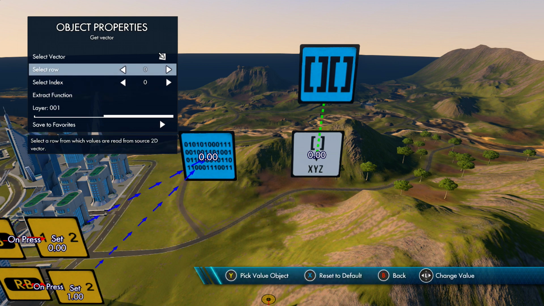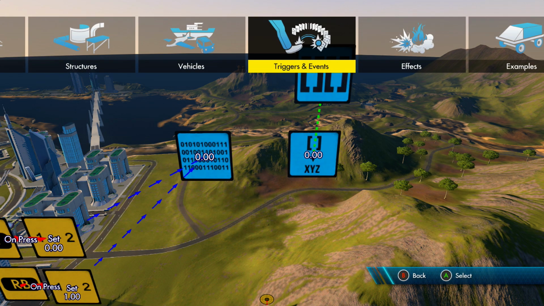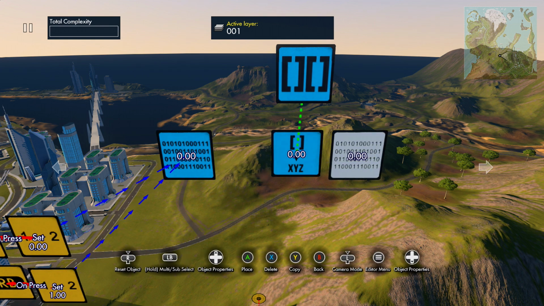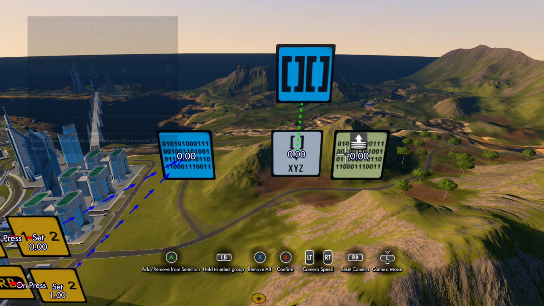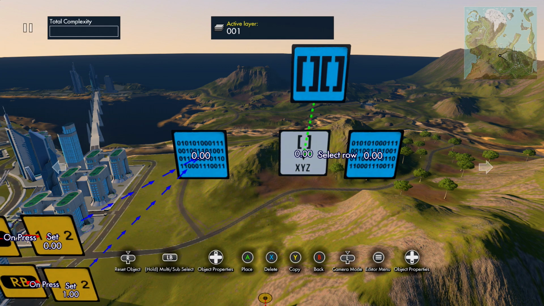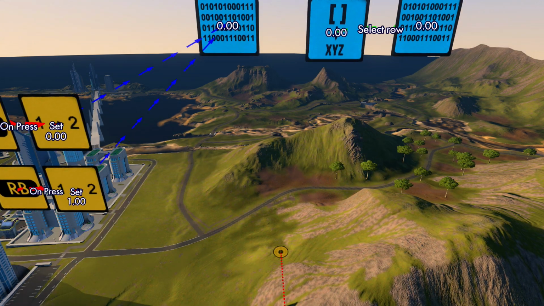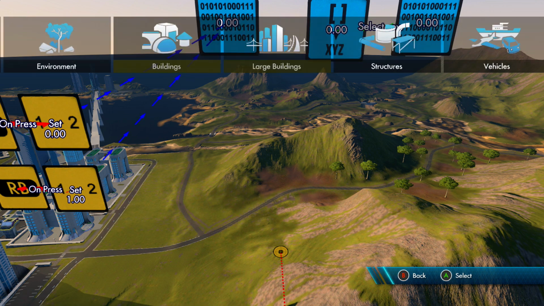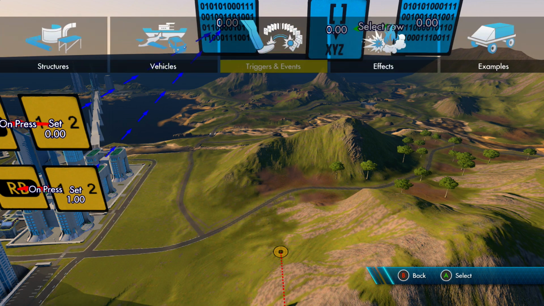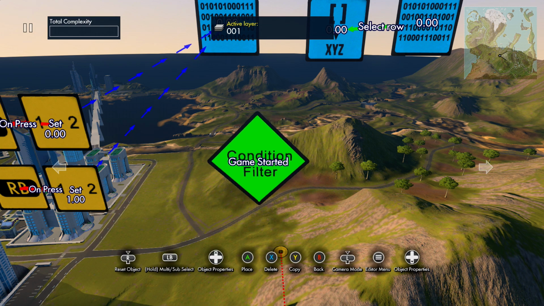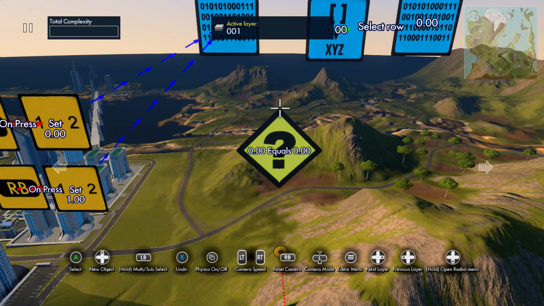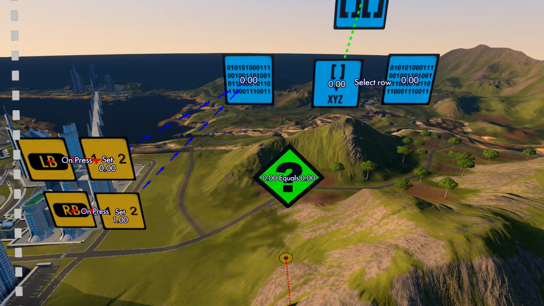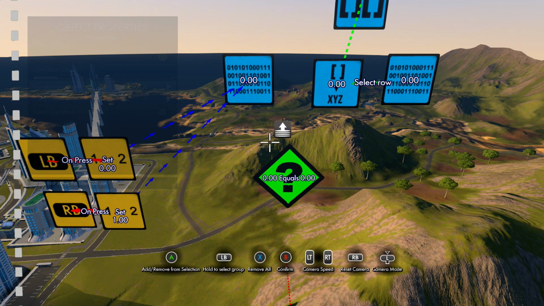And then the row is going to be linked to another variable data source. I'll just steal this one because it's easier. So the row is going to be linked to that. It's going to start on 0, of course. So basically what's going to happen here is you want a generic filter. Oops, that's not a generic filter. This one is. It's going to compare this value with this value,